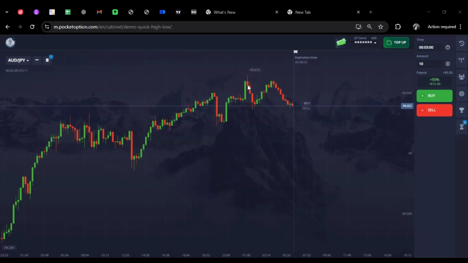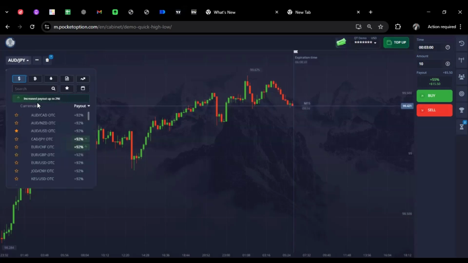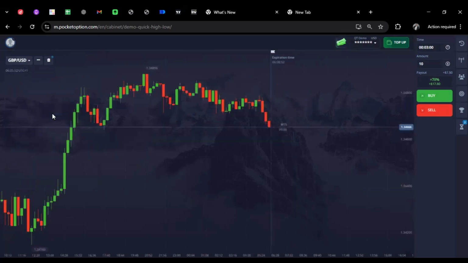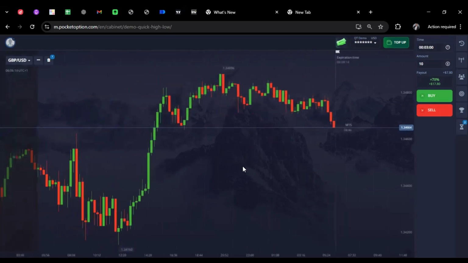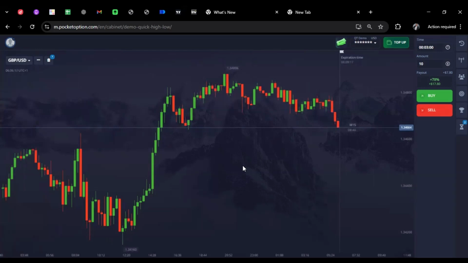Or let's work with GBPUSD. So first is to mark up your key levels. How do you do that? Looking at this, I know,